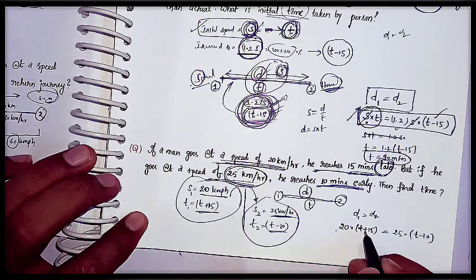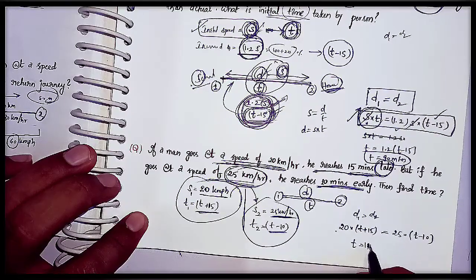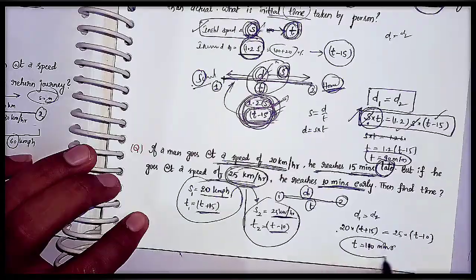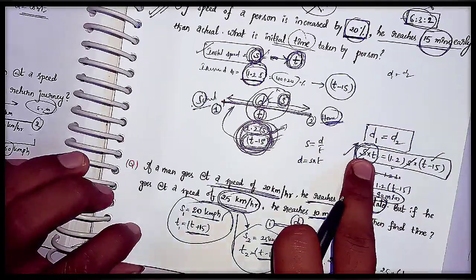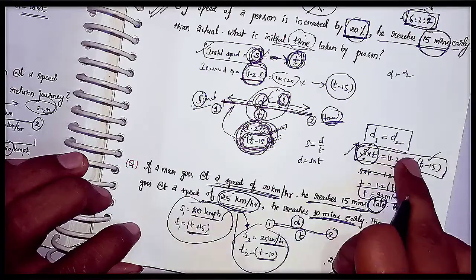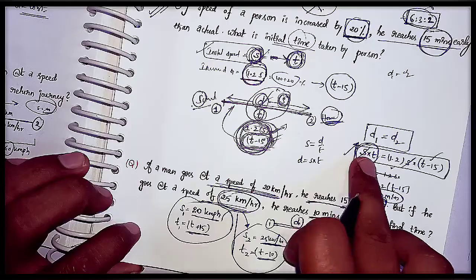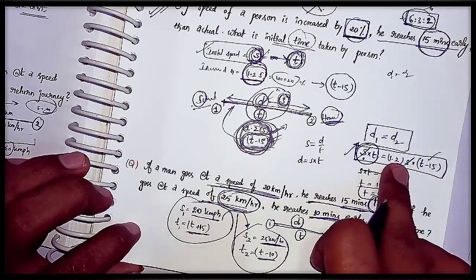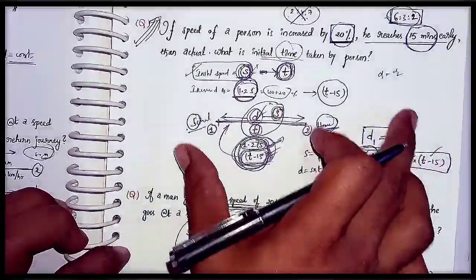So here all parameters are constants. There is only one variable, that is t. We get t as 110 minutes. This is similar to the earlier question, but here also he is varying the parameters. In this question there is no variation in the initial case; after some time he is increasing the speed and decreasing the time. This is a very important model.